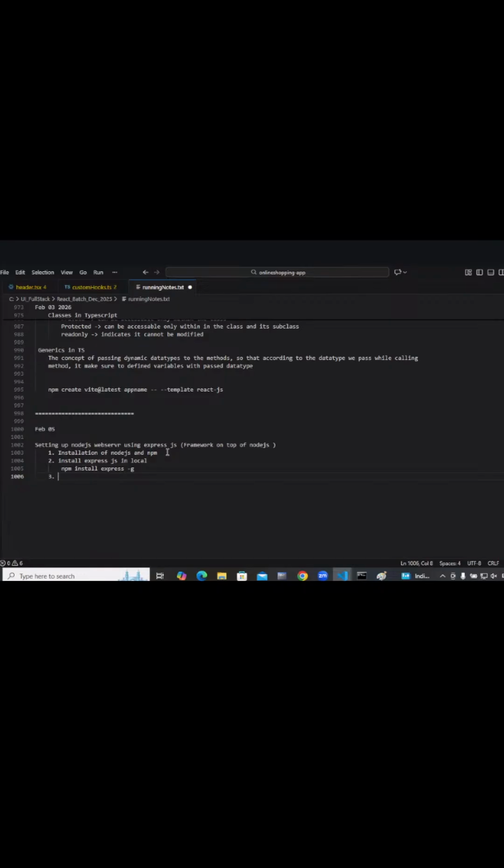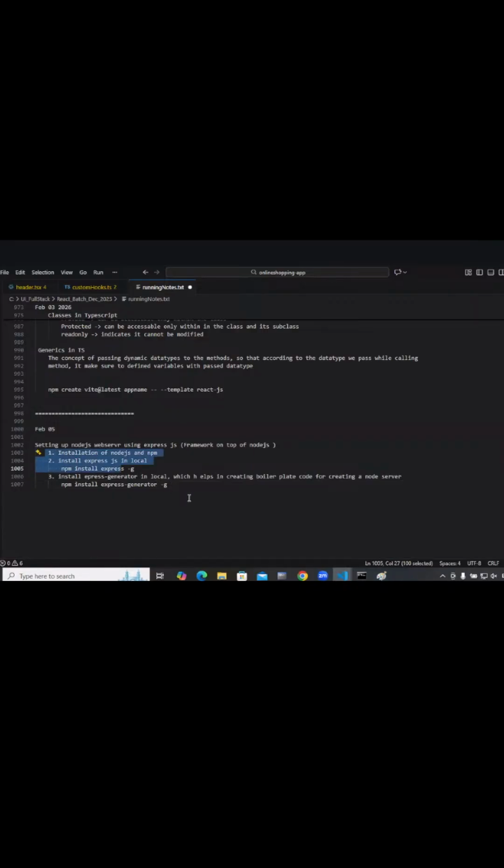Another thing we have is to install express generator, which helps in creating boilerplate code for creating a Node server. Whatever Node.js server we are going to create, for whatever boilerplate code we need, Express.js will be helping us. For that, we are going to run npm install express-generator -g. That's it. These are the prerequisites to create a server.